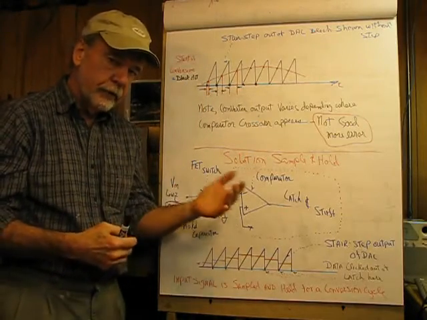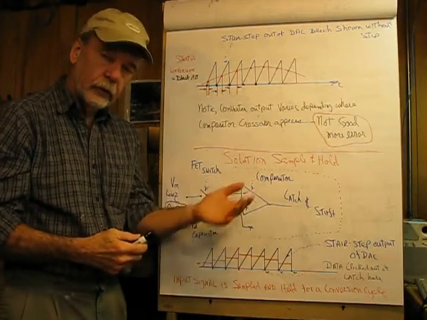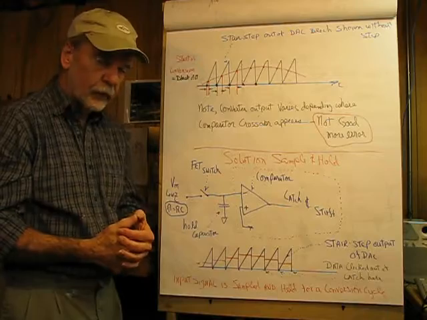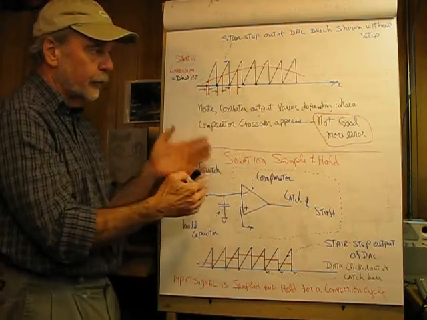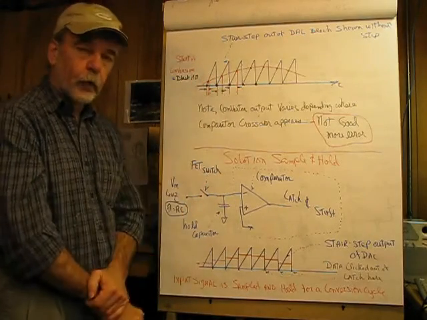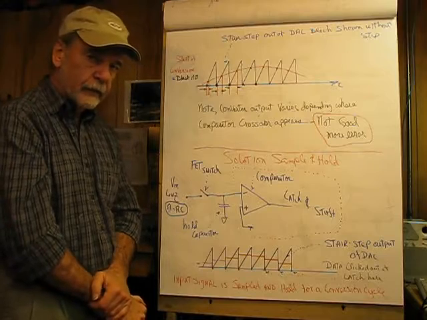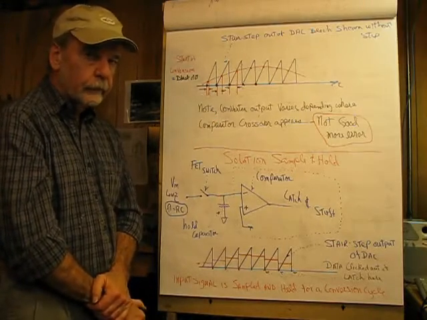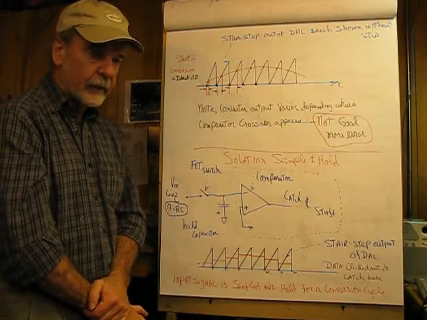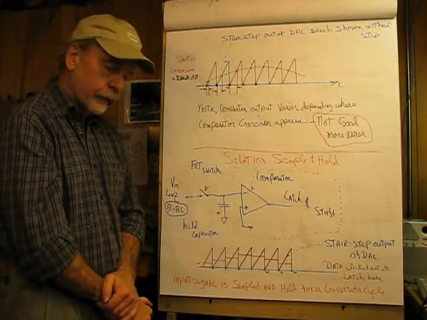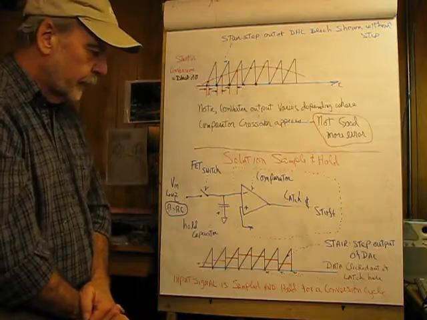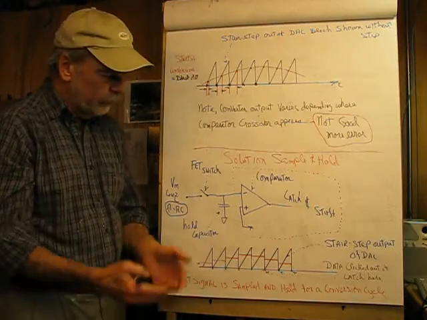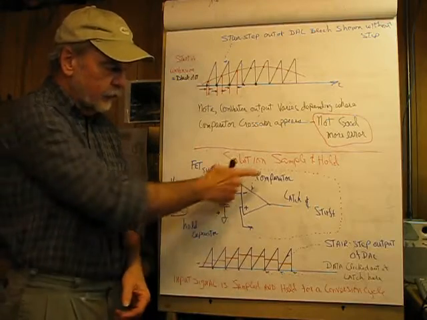But the crossover can vary depending upon the actual input voltage. And that's not good. If we were, say, to record this to store it in memory and then play back the sine wave, these timing differences would produce something that didn't really look like a sine wave, and that means it would distort the sine wave. So we have to figure out a way of fixing that, and the solution to that is called a sample and hold,